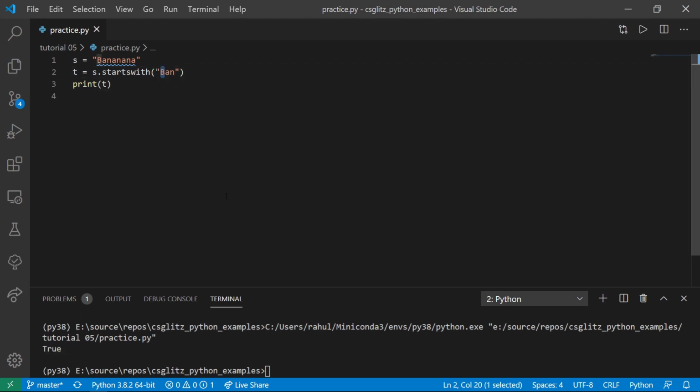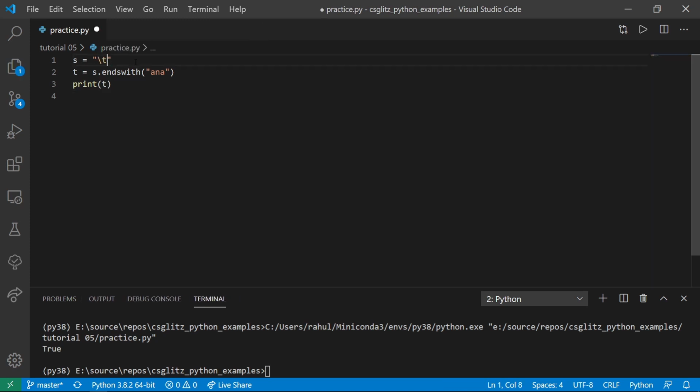Remember, all the matching is case sensitive. Similarly, we can also check whether they are ending with another string or not. We can also use a start or both start and an end with these two functions.